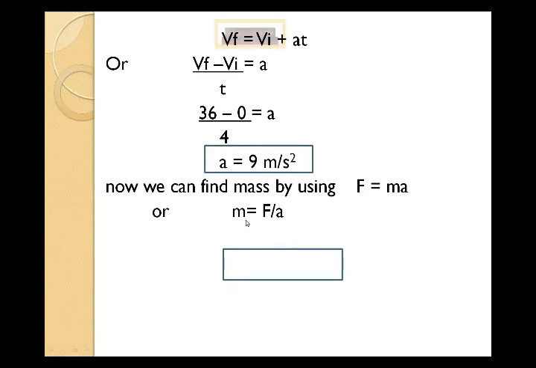And as I told you, we have to find the mass, so we arrange the formula. And how do we arrange it? We just shift the quantity acceleration from the right side to the left side, and it will divide the force, and the formula will become m equals F over a. Now by putting the values, we will get the answer, that is 13.3 kilogram, and always remember to write the unit in the answer. Okay, so take a screenshot.